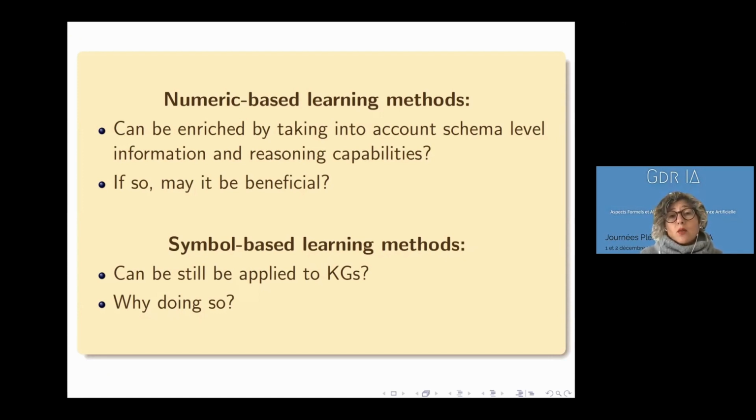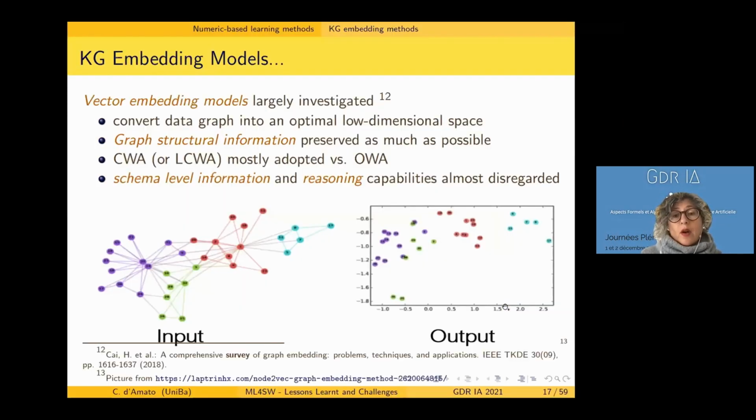The second question that I'll try to address is whether it is still possible to think about applying symbol-based learning methods given the dimension of the knowledge graph, and why we should do that. What are the benefits of doing that? I will start with the